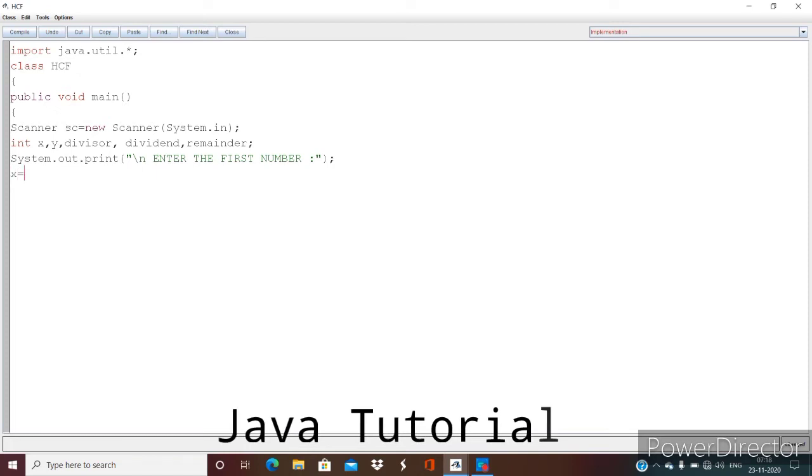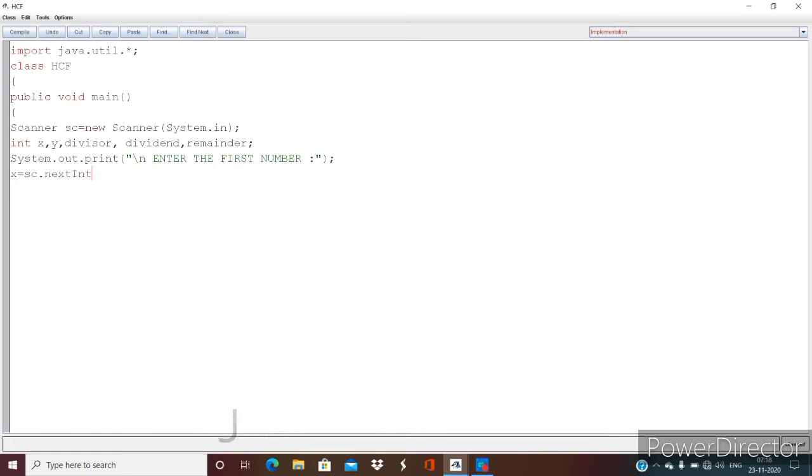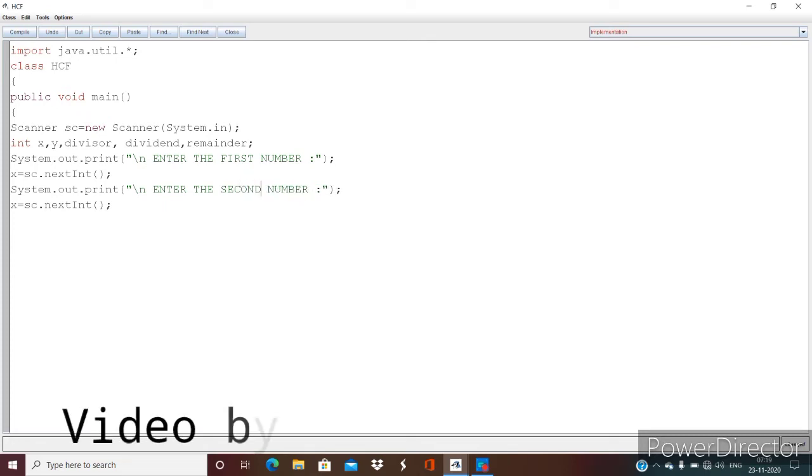That will go into x. x is equal to sc.nextInt. Next I'll take input for the second number. I'll just copy paste this, and instead of first I'll mention second, and take it in y.